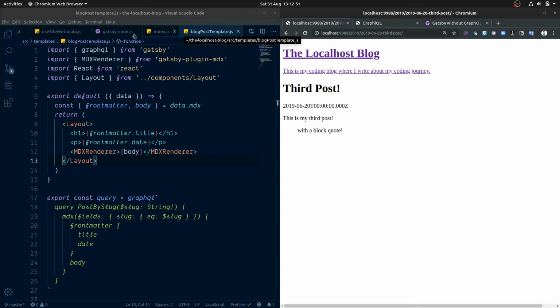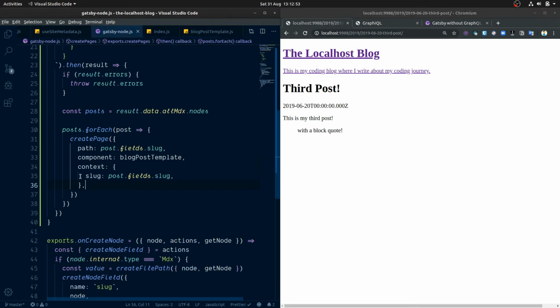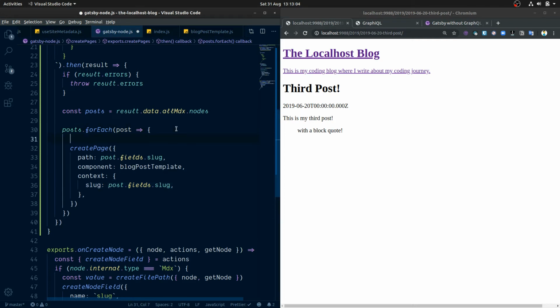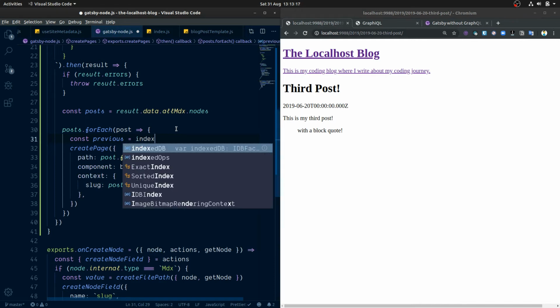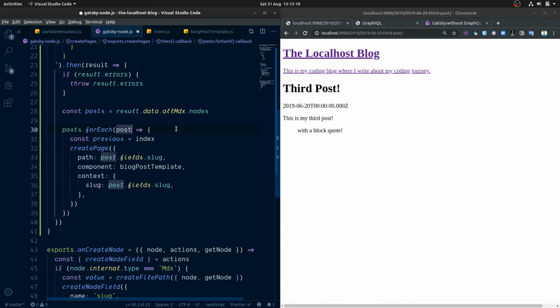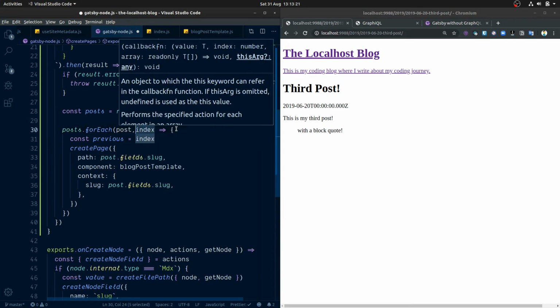So in our Gatsby node, we've got this here where we pass the slug. We're also going to pass it previous and next, and to do that we're going to want to have a const for previous and one for next as well. But previous is basically going to be the index of where we are, and obviously we're going to need to put index up here. So if we do that and then wrap things up,